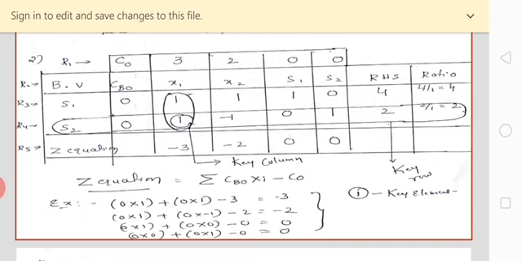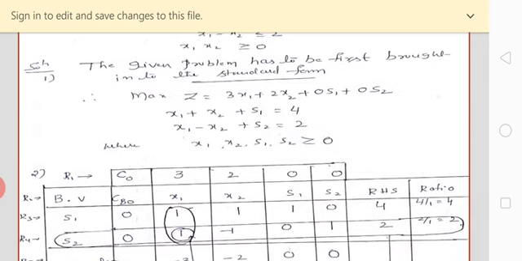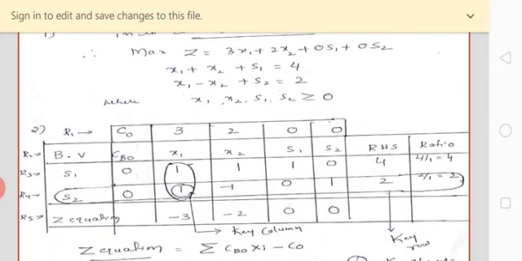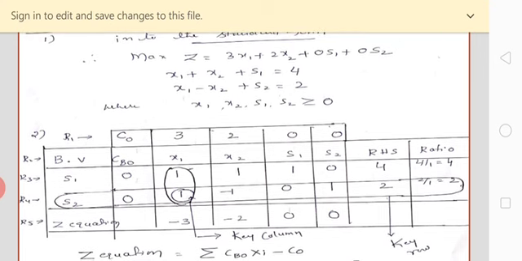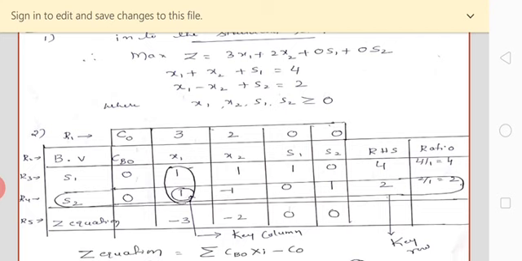See, this is the first step now. In the first step, again I am going to repeat. The first row is meant for the coefficients of the objective function, which are 3, 2, 0, 0. Next, in the second row, the basic variables will be there. Always the basic variables, R3 and R4, you need to write under the basic column. You always need to write the slack variables. And C suffix B is the coefficient of the basic variables in the objective function.